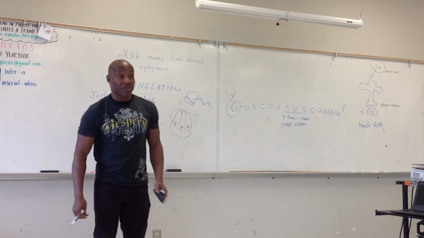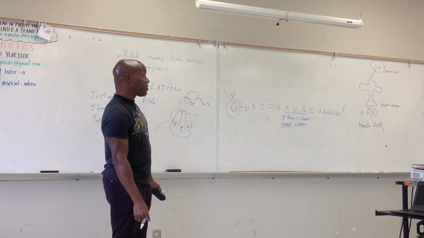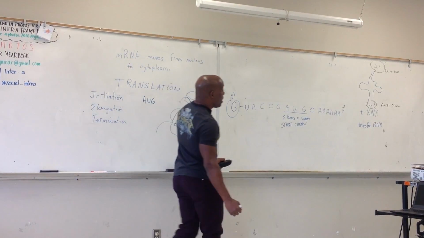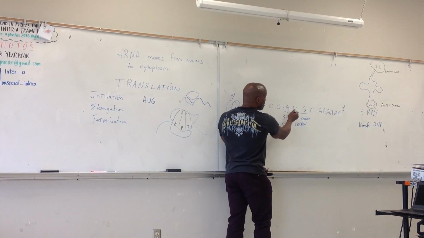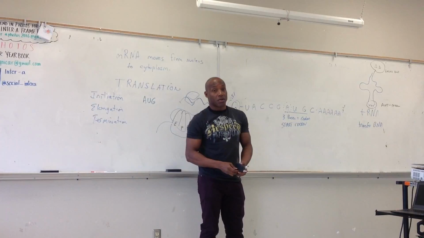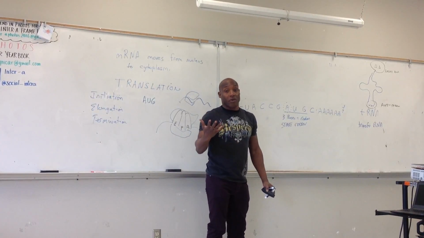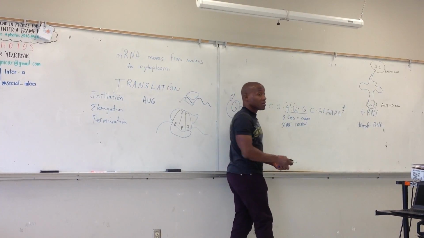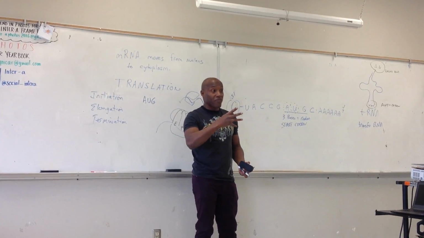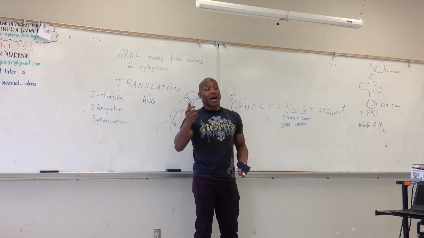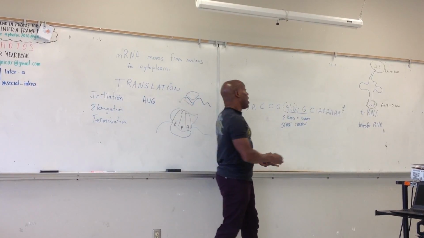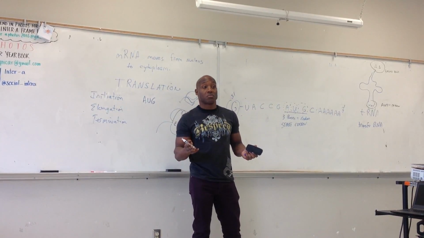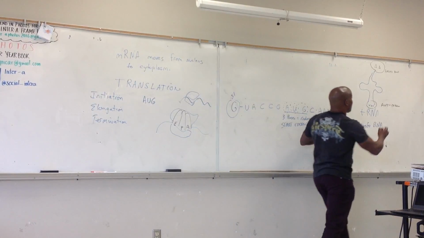But because the code varies so much, it turns out that we have about 60 different transfer RNAs. And just think about the math. How many different bases could fit in the first position of a codon? How many different bases could this be? 4, right? It could be A, U, G, or C. How many possibilities are there for the second? 4 more, right? Regardless of what the first one is, you still have the possibility of A, U, G, and C for the second. How many for the third? 4 more. So you have 64 different possible codons. So even though there are only 20 amino acids that are used,